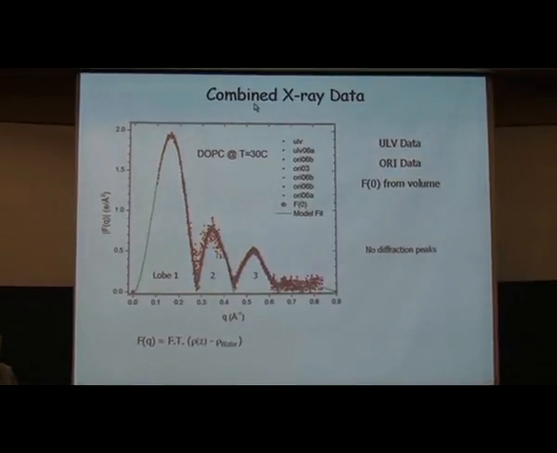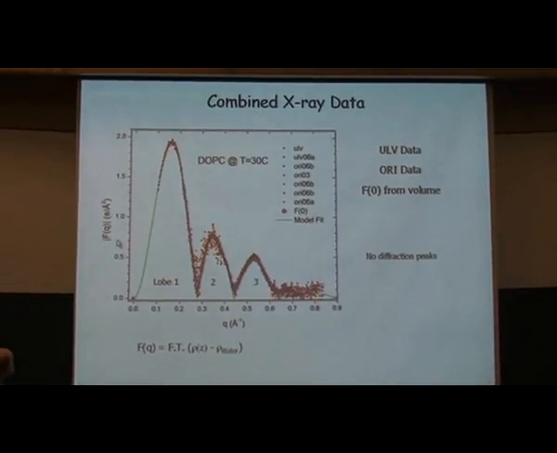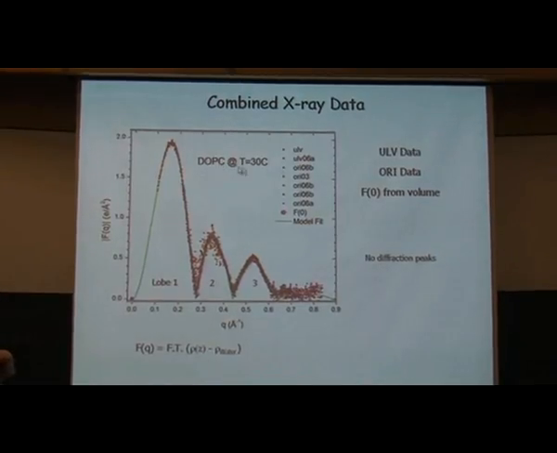Okay, so now finally I show you the structural information that I get out of our data, which is the F of Q's, and this is for the OPC lipid. There are many, many data sets here for oriented samples. The ORI stands for oriented samples. But we've also added on here the unilamellar vesicle samples, which are those small unilamellar vesicles. They're good down here, but because they're unilamellar and the scattering is not concentrated, the signal to noise on these gets bad when you go to high Q.